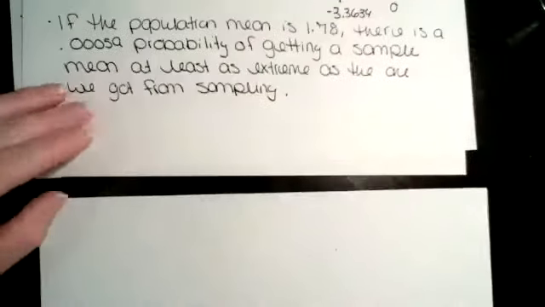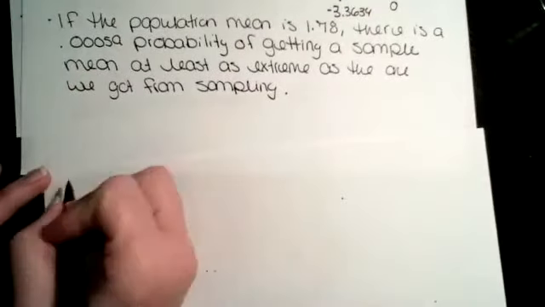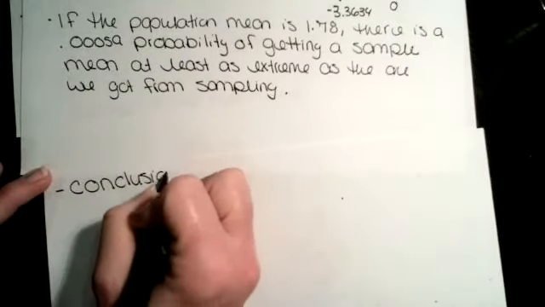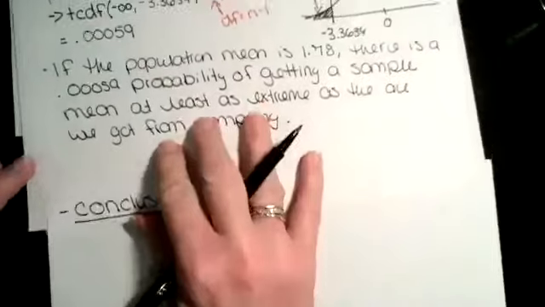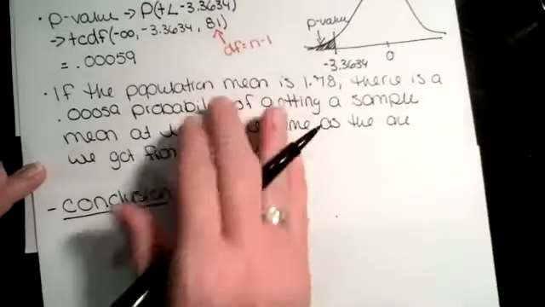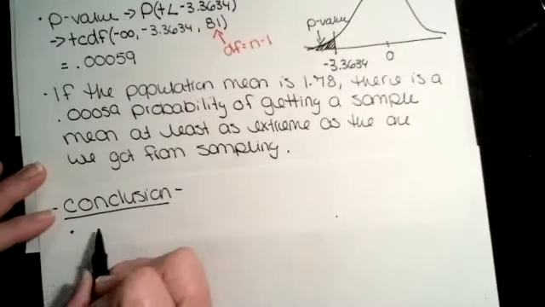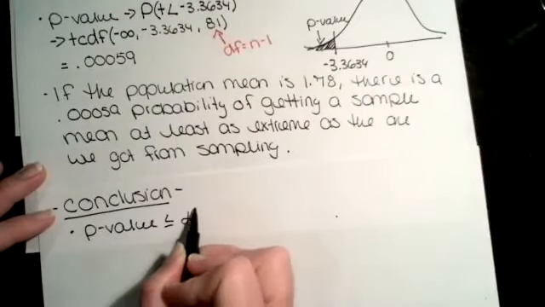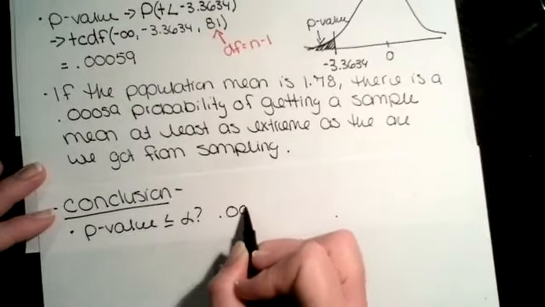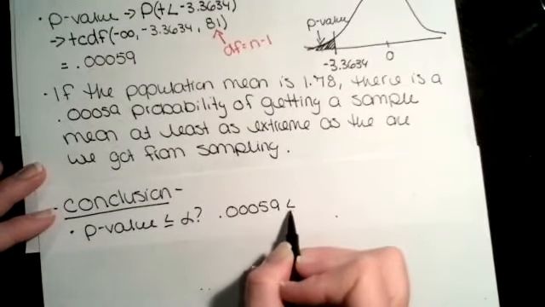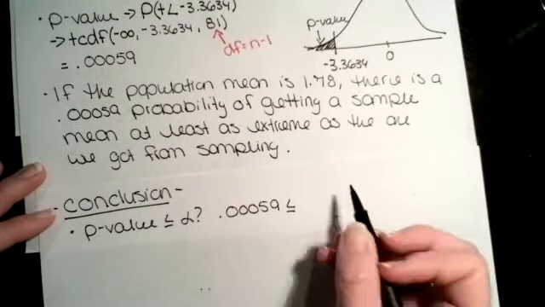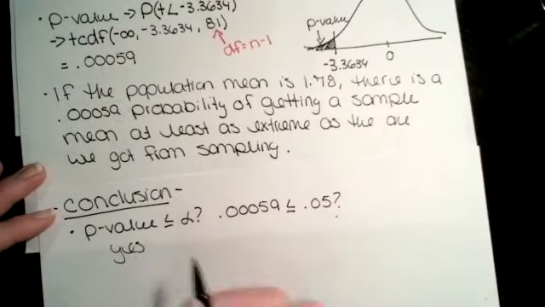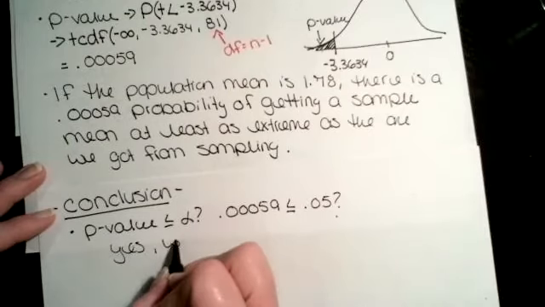All right, guys, let's take a look at the conclusion. So now the conclusion, I have to use what I just found up here, right? The first thing I'm going to ask myself is, is the p-value less than or equal to my alpha? So is 0.00059 less than or equal to alpha? We stated was 5%, 0.05. The answer is yes, it is less. So we can